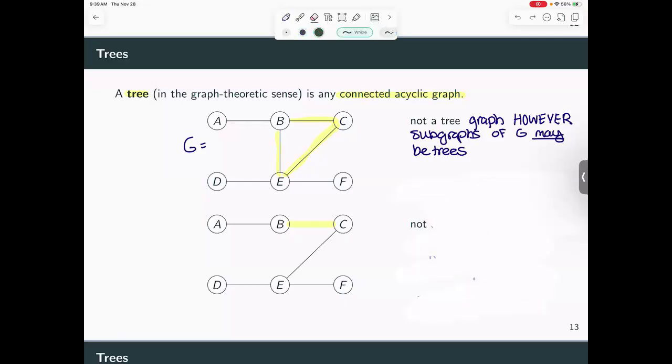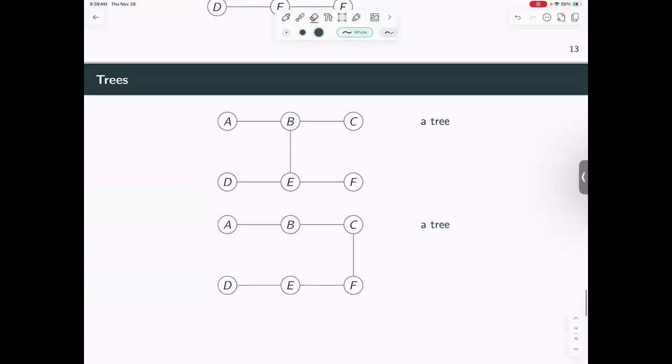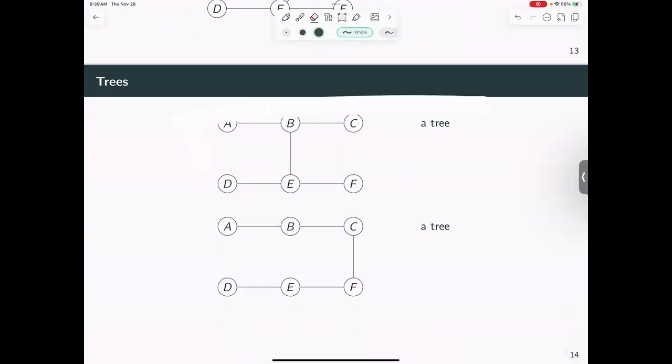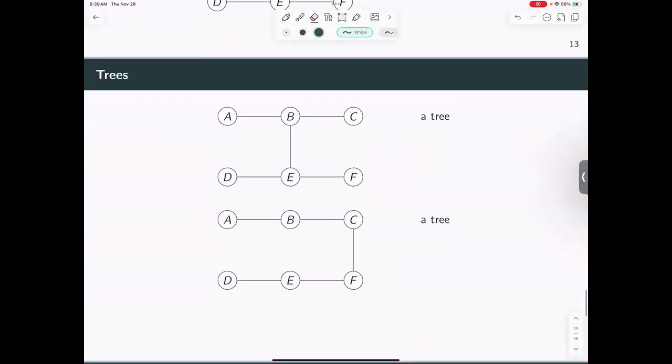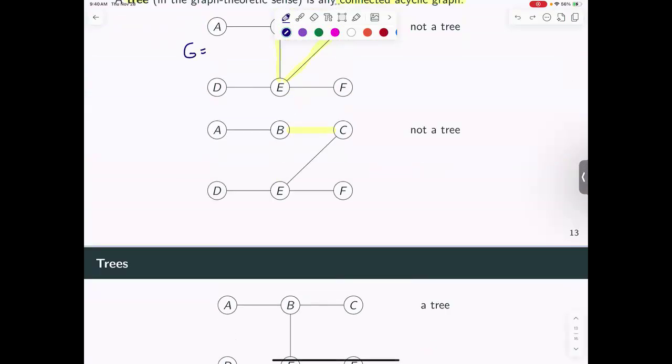We're going to see it lower down. Here we can see it is exactly there, a tree. This also is a tree. This is not a tree, but the subgraph that looks like this would be a tree. So a subgraph doesn't have to just be disconnected components. So here, we had two disconnected components,